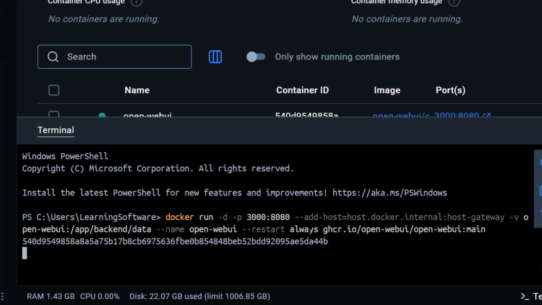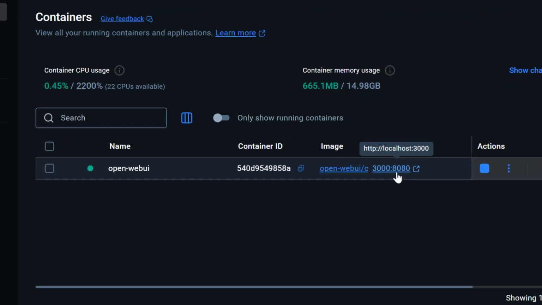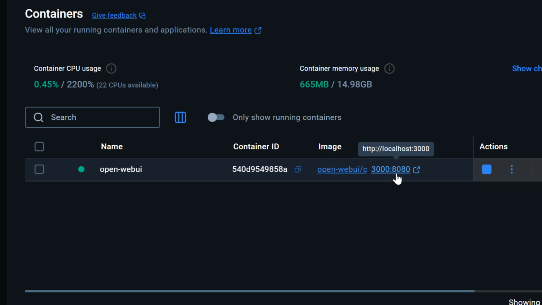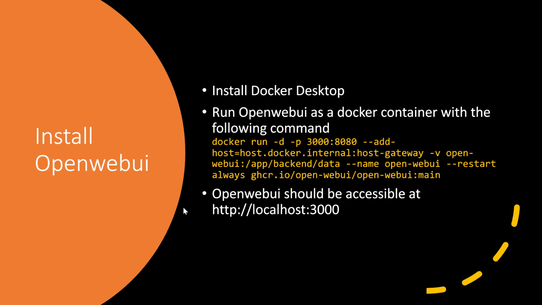Just click on this. Now you got OpenWebUI running as a Docker container, and as it is shown here, if you go to port 3000 of localhost, that is HTTP localhost 3000, click on this, you will see your OpenWebUI. Well, actually, if you are installing it for the first time, you will be given a screen where you have to mention your email address and set a password, and then you will have the interface something like this. So just by running a single command in Docker desktop, we have set up our